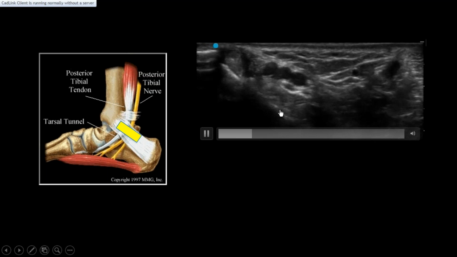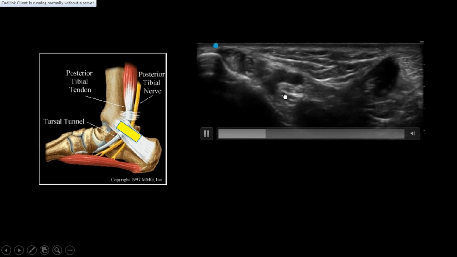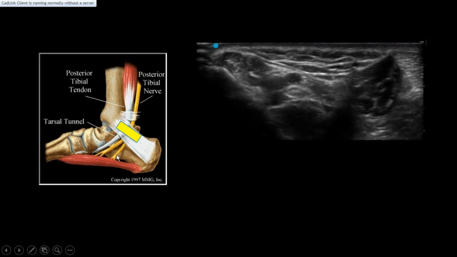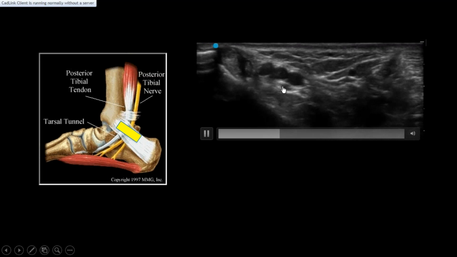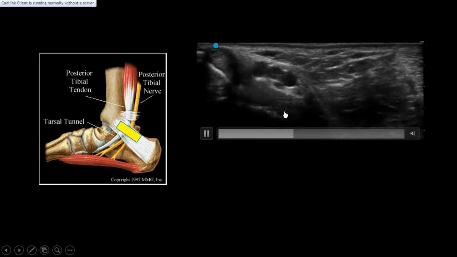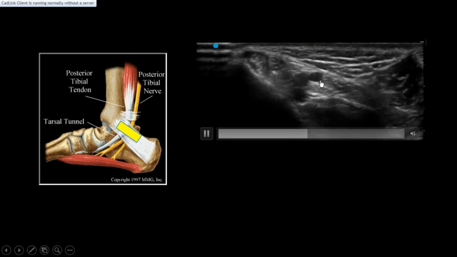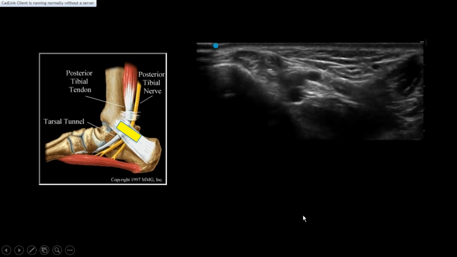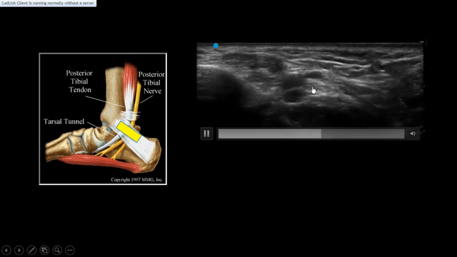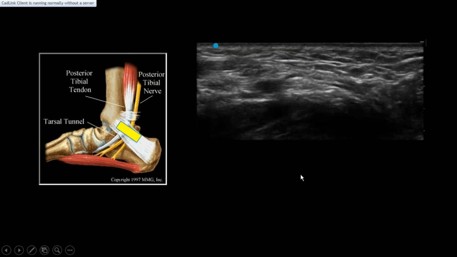tibial nerve. As you can see, when I'm going down, you can see two branches. It's splitting into two, which is the medial and lateral plantar nerve. You can see them again, medial and lateral. I'm distally. Now I'm going to move proximally, and so these two nerves join and become the main trunk of the tibial nerve. And once I have the tibial nerve localized, I turn my probe 90 degrees to go long on